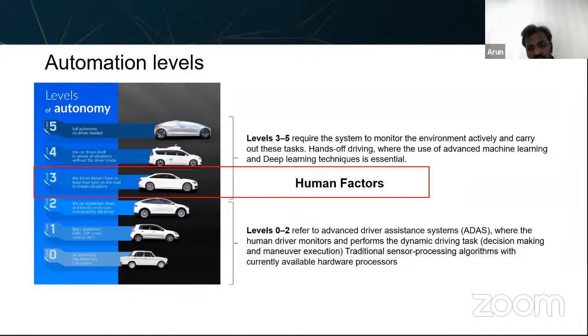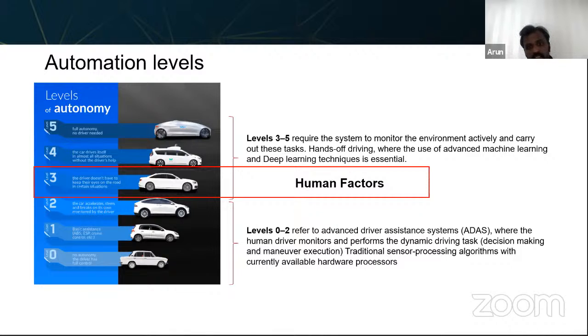So probably you are completely out of the loop. So you don't know exactly what's happening. So that's the term which you use for situation awareness. Basically, it takes at least maybe 2 to 3 seconds for your brain to understand what exactly is happening. For example, if the level 3 vehicle gives back control with less than 3 or 4 seconds, then probably you won't be able to take over the control, or you don't have a very good performance there. So you will end up in a crash.